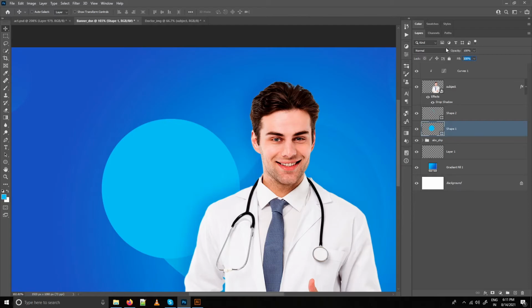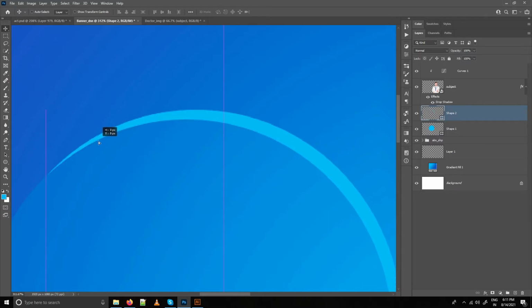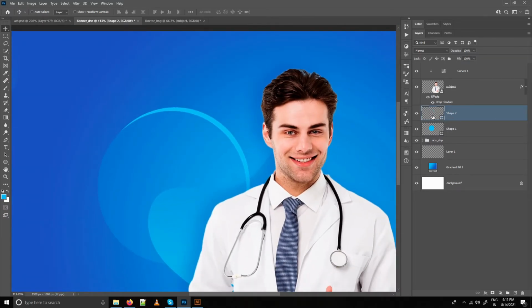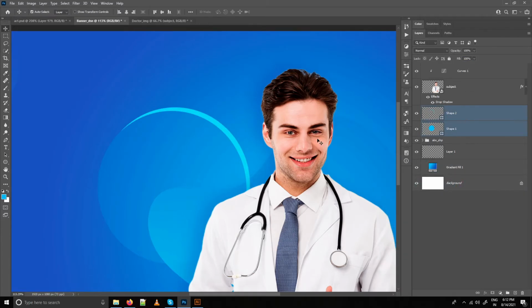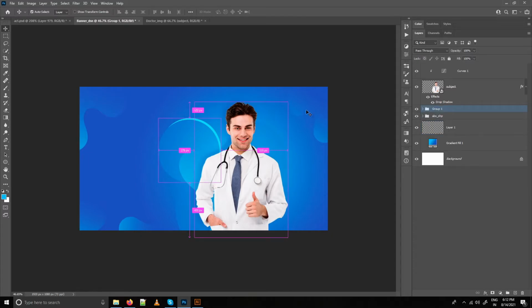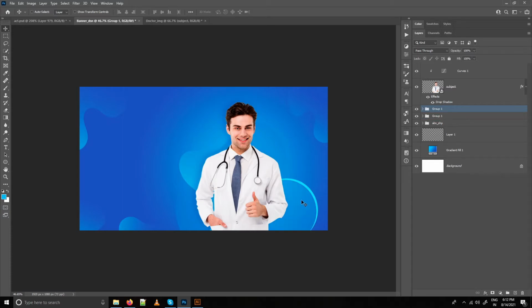Decrease the circle opacity to around 18 to 20 percent, whatever you prefer, and select the edge, place it precisely, take it towards teal color and make it brighter. Select both of them and put them into a group by Ctrl G and move it to the bottom right. Ctrl J to copy the group and move it to the top right of the subject. Adjust the placement of the elements so they start going well together.